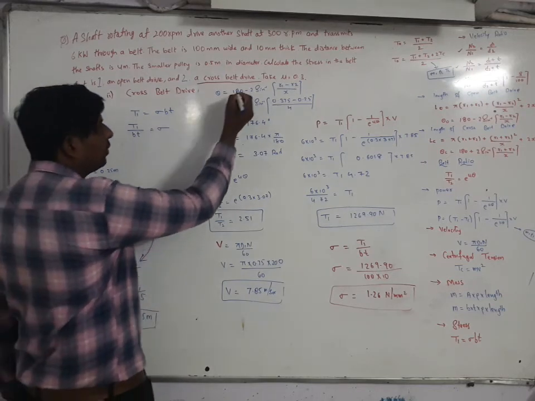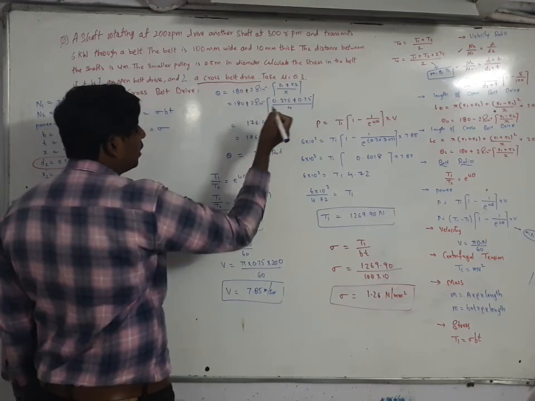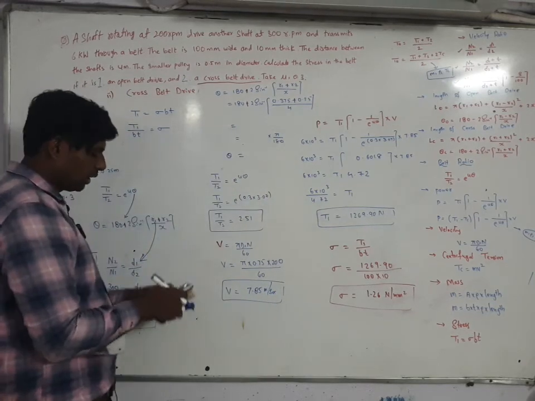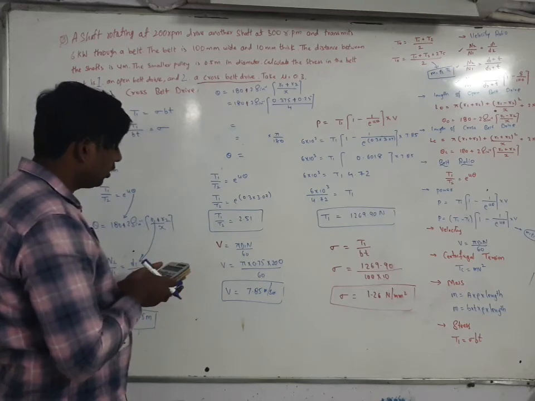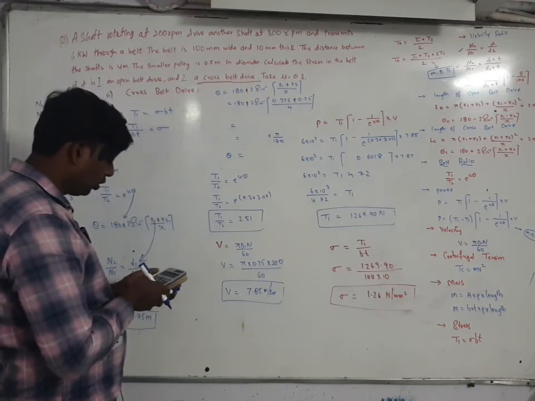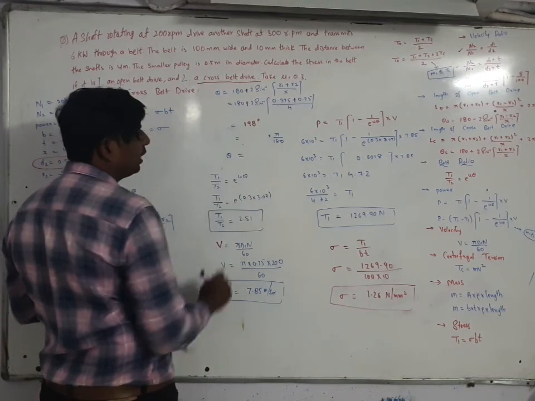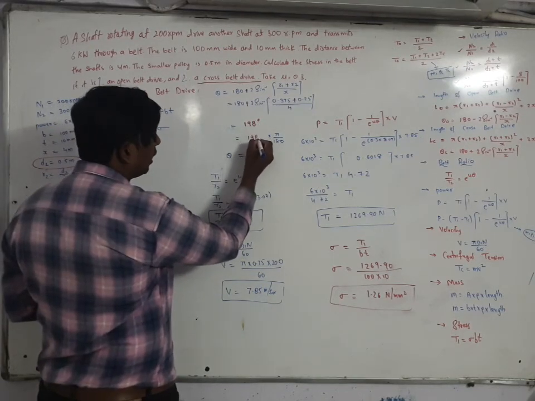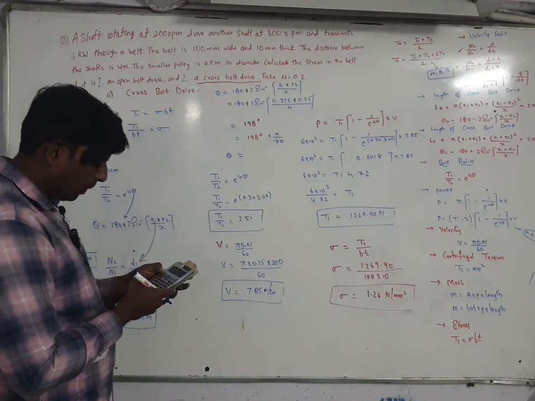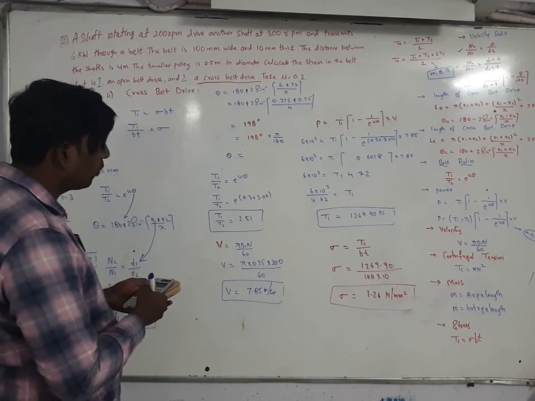Next, for cross belt drive, plus will come here, and plus will come here. Now you have to find the value of this one. If plus will come, what is the value? So here 180 plus 2 sin inverse of (R1 plus R2) by 4, where the x value is equal to 4. So how much will you get? 198 degree. So 198 into pi by 180, how much did you get? 3.45.